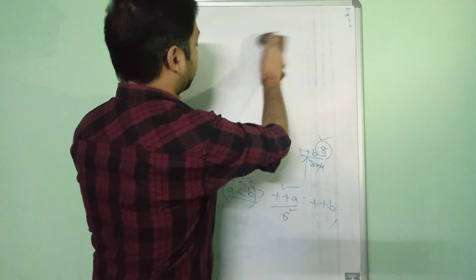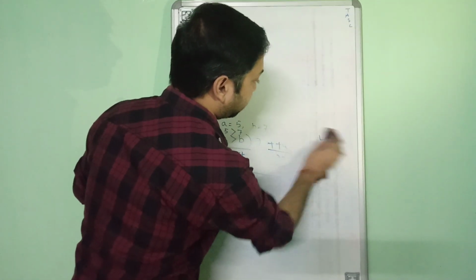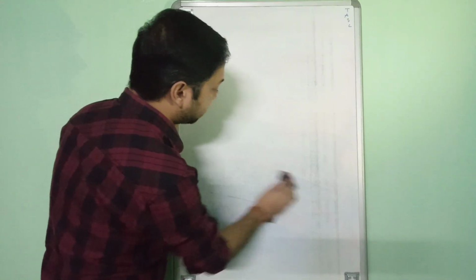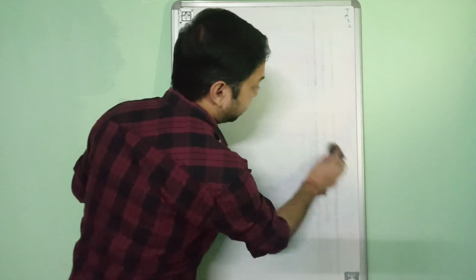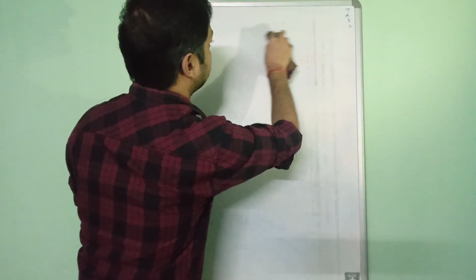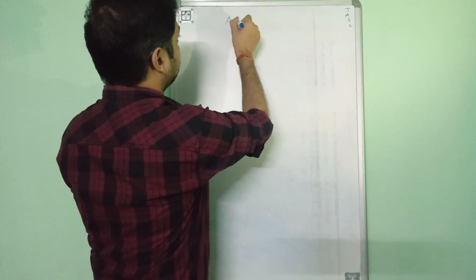Now let us move to the next part, that is assignment operator. So what is the task of assignment operator? Assignment operator is nothing but equal to, and it simply assigns a value to the variable. That means the right hand side will be assigned to the left hand side. So just see, next one is assignment.